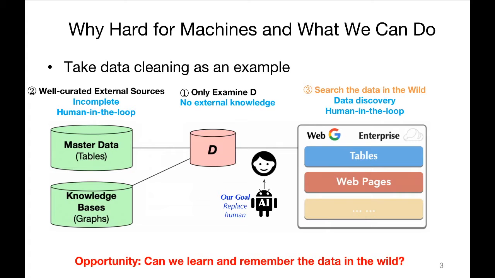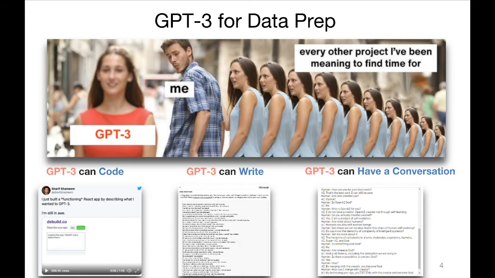In practice, a lot of human effort is to search the data in the wild, such as enterprise tables or web pages. Humans can read and comprehend this knowledge and manually clean D, which is useful but time-consuming. Hence, our proposal is mainly to make machines learn and remember the knowledge in the wild, so as to reduce human efforts and achieve near-human intelligence. To achieve our goal, we need to design a model that can best imitate human learning ability.